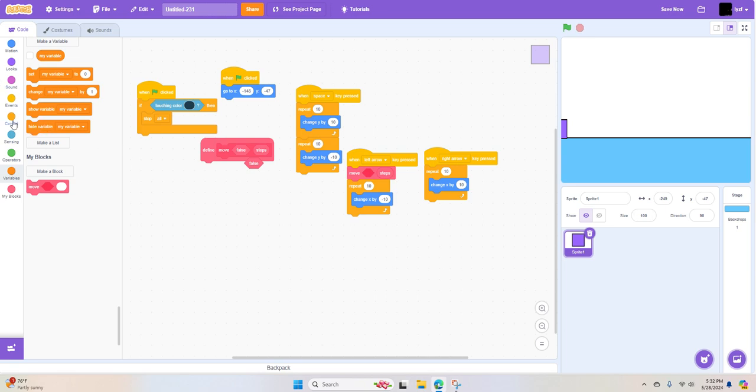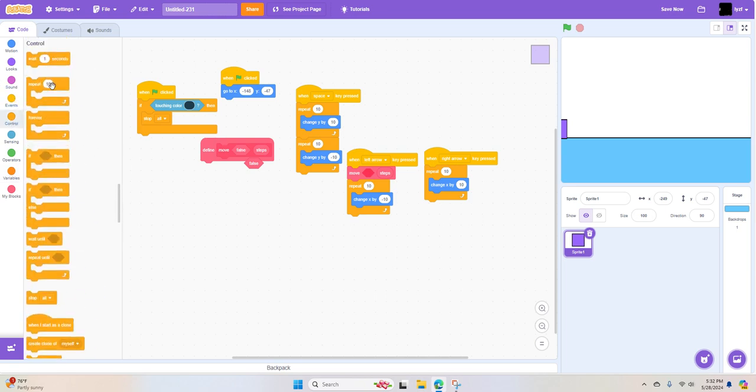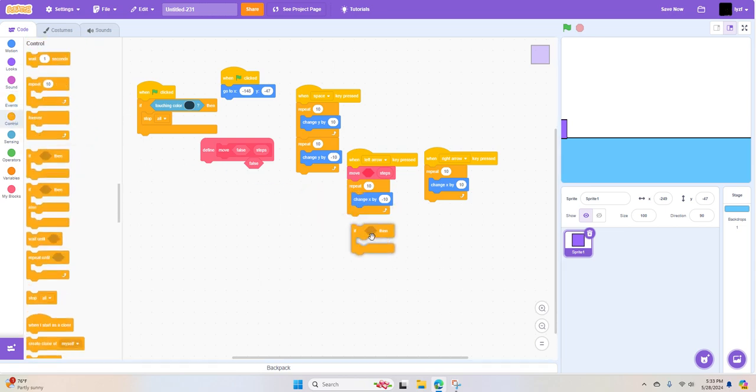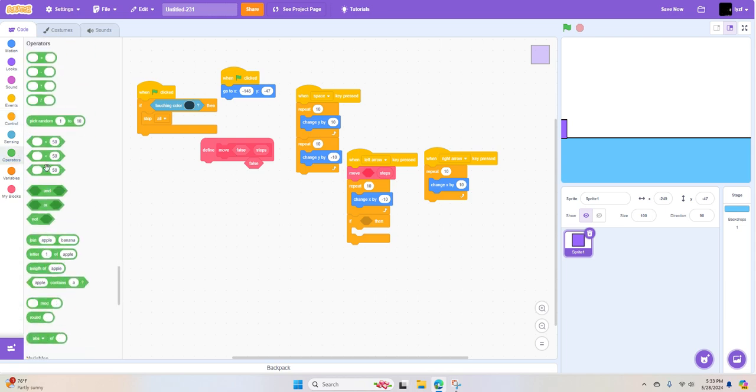And so now we're going to want an if block. If not false,